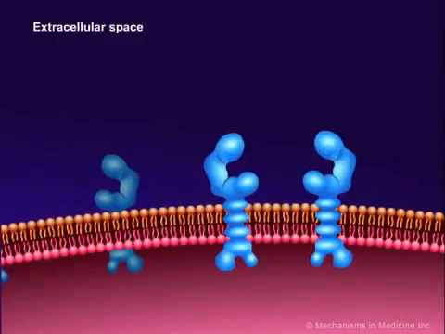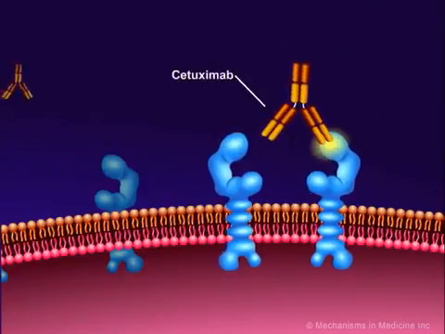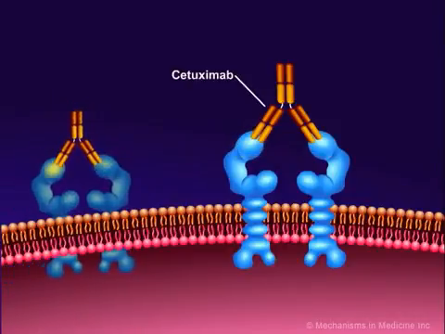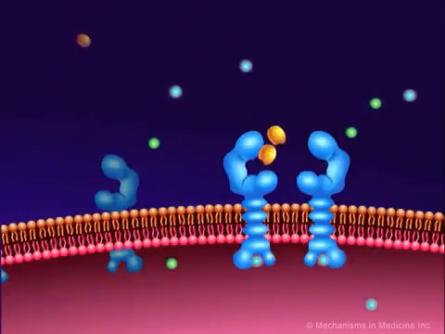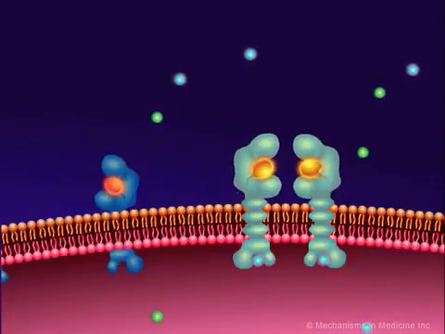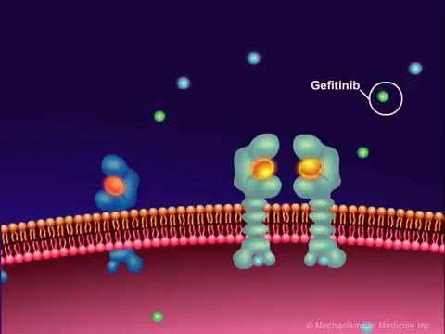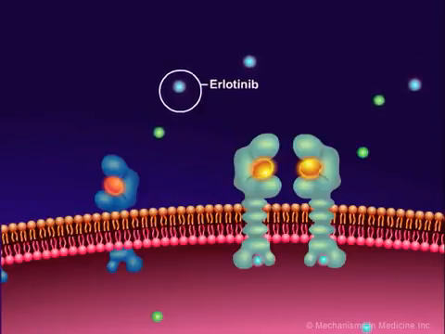The receptors on the surface of normal and tumor cells can be inhibited directly. Cetuximab or Erbitux is an example of this. It is a chimeric antibody that binds directly to the epidermal growth factor receptor and competitively inhibits the binding of EGF and other ligands, such as TGF-alpha. Another way to block the receptor's function is through small molecule inhibitors of receptor phosphorylation associated with them. For example, EGF receptors have a tyrosine kinase that can be blocked by the molecules gefitinib or Iressa and erlotinib or Tarceva.